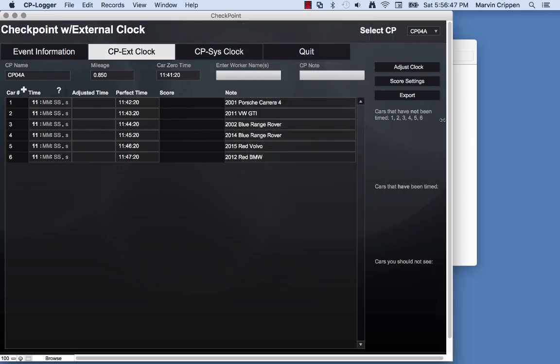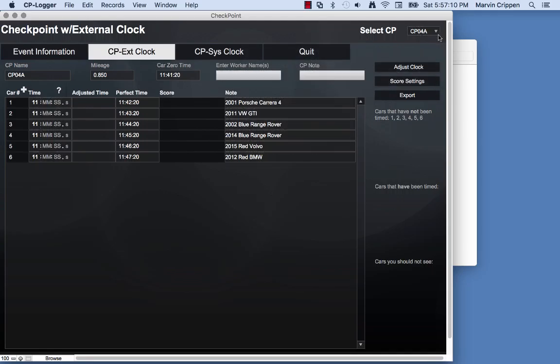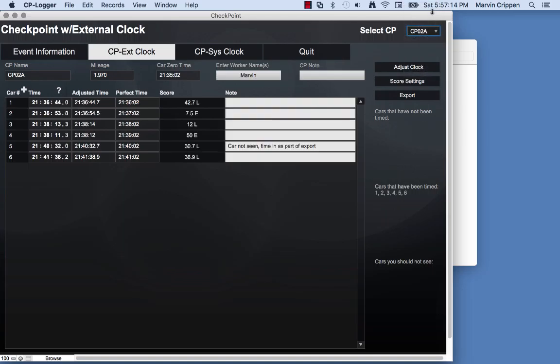Much less common, you might need to change some of the score settings. That button is just below adjust clock. You can see the timing in. At this point, only seconds are supported. I could change the timing precision if I wanted to. Again, this is much less useful without actual checkpoint information. So let's switch over to that. Now these scores are using tenths of seconds. You can see that the score is 7.5,